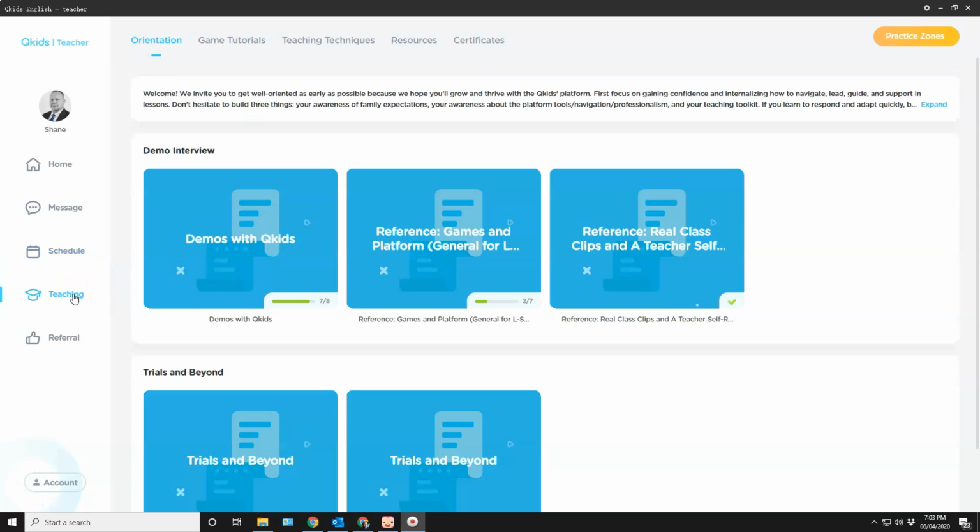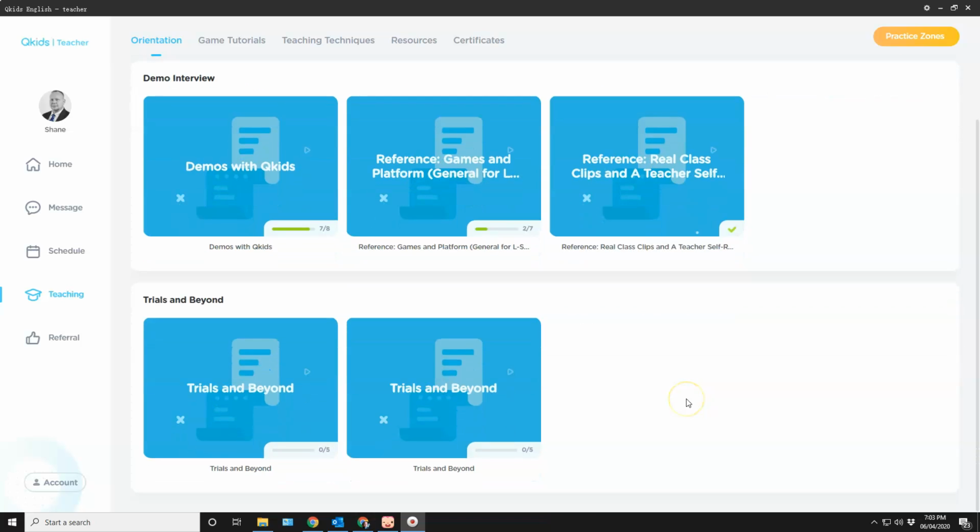Teaching here is where you can find all kinds of different tools on how to become better at teaching the children, and also how to play the different games that are in each of the lessons, because sometimes you come to a game and it's a little confusing, and it's kind of embarrassing when you have to read off to the side and try to figure out how to play a game, and you take 20 seconds to do that, and you're just sitting there silent, and the students are all wondering what's going on, and the parents of the students are wondering the same thing.